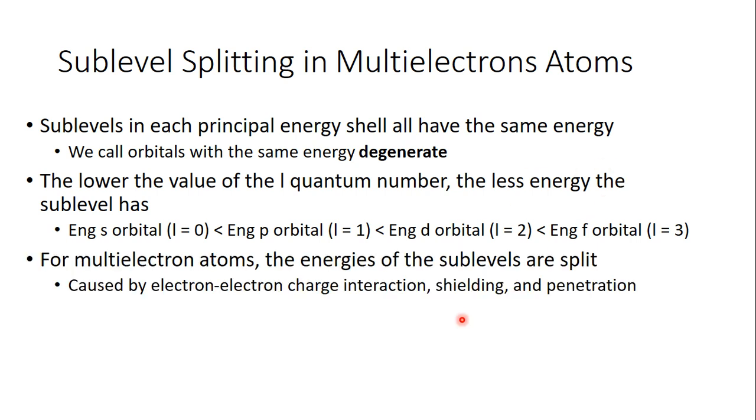And for these multi-electron atoms, that is atoms with more than one electron, the energies of these sublevels are split because electrons interact with each other because they're negatively charged, so they repel each other. They shield each other from seeing the nucleus, which is positively charged. And also they can penetrate each other, which means they can just switch between different sublevels. And we'll talk about all of these